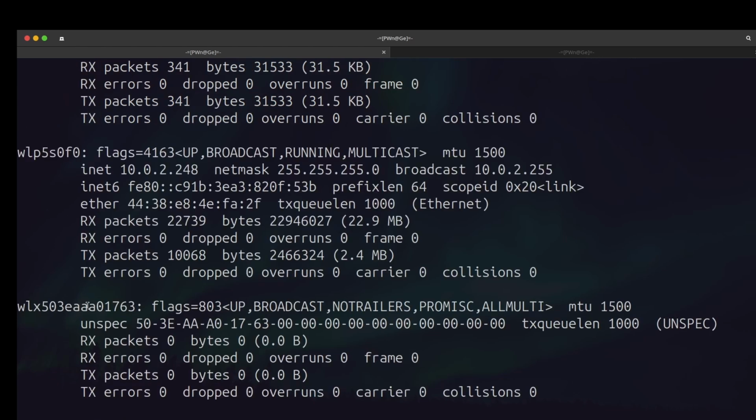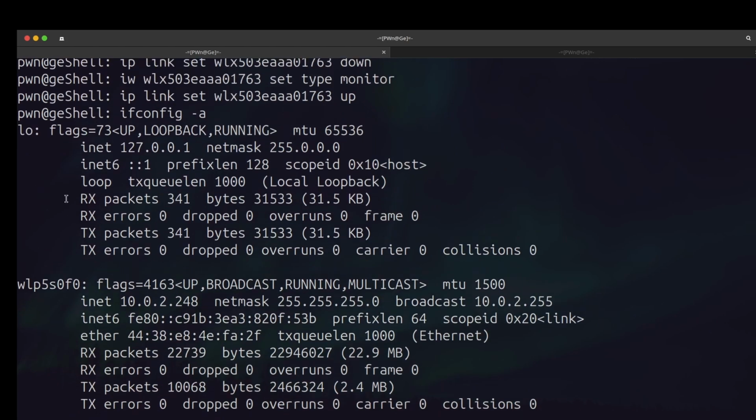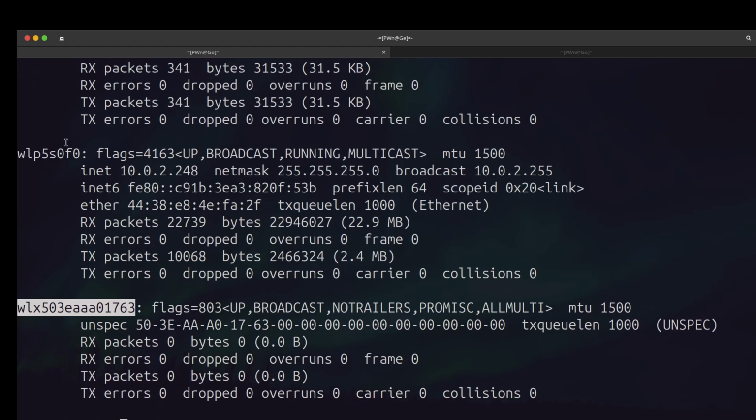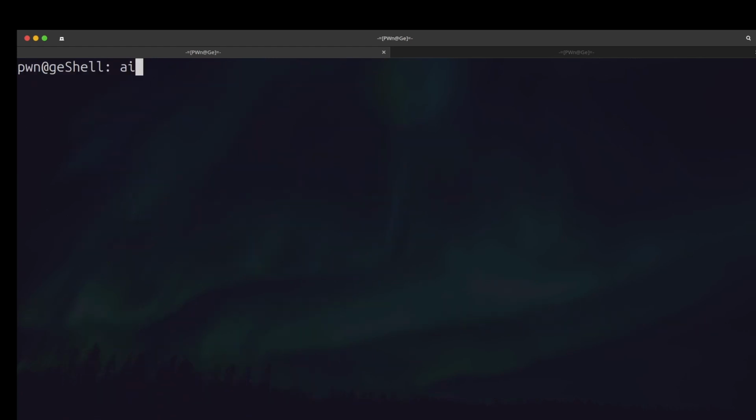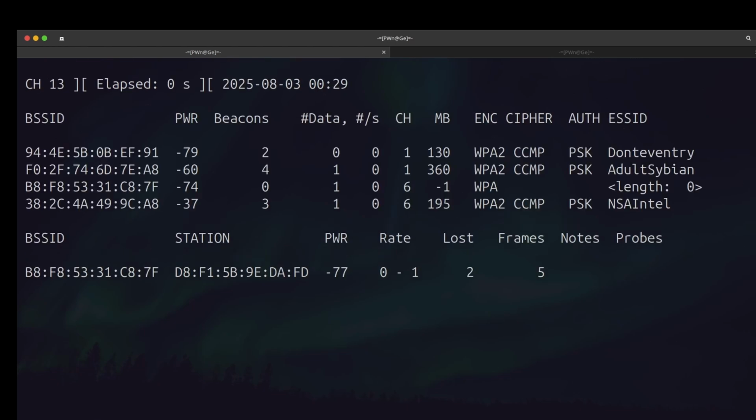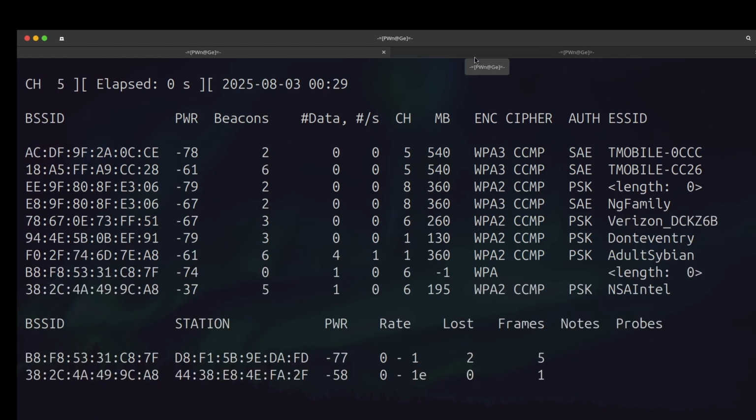And then you can see we have this card, the loopback, and another wireless card that I have attached to my system that's integrated. And now we can see if we run Airodump with the wireless card we put into monitor mode, the networks do come up. So now if we want to get extra crazy,